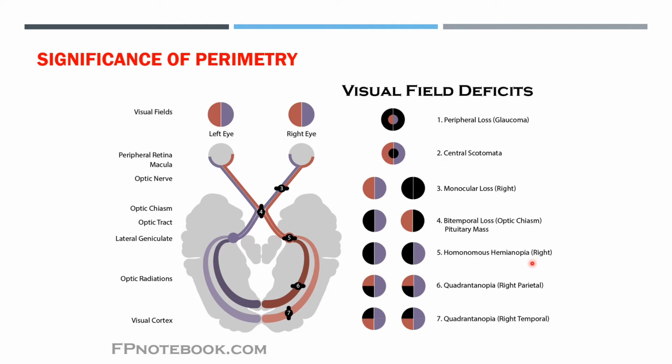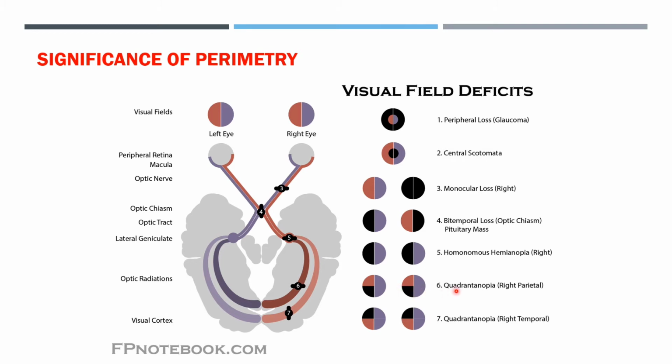Now what happens if there is damage to the optic radiation fibers on the inner side, on the parietal side? If the parietal fibers of the optic radiation are damaged, then it will result in vision loss in the lower quadrant of the visual field. So that is why it is known as quadrantanopia, or another name is pie on the floor. Why? Because the pie portion is present on the lower side.